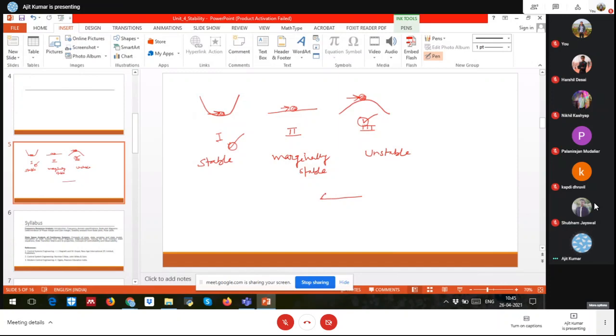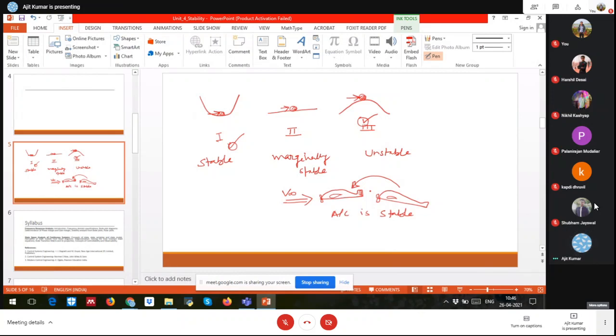Suppose this is an aircraft. It was flying, and wind came from this side and hit the aircraft. The aircraft may become unstable for a short time. So the wind gust, which is a sudden input or force, tries to destabilize the aircraft, but if the aircraft has the inherent property of stabilizing itself back, I mean, if it regains the original position, then we say this aircraft is stable. Or for any system, if you disturb it for some time, and it tries to regain its stability or its original position, then it is known as a stable system.